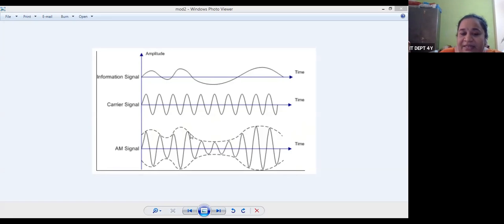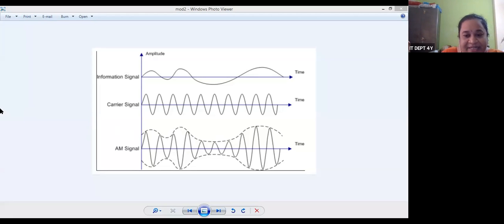The dotted line that you are going to see here is the modulating signal or the information signal. It is being superimposed over our carrier signal. This carrier signal is conveying the signal of our information over it. The carrier signal changed according to the properties of our modulating signal, and it is conveying it in that way